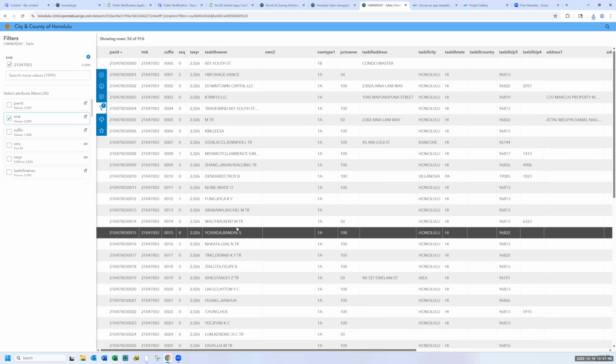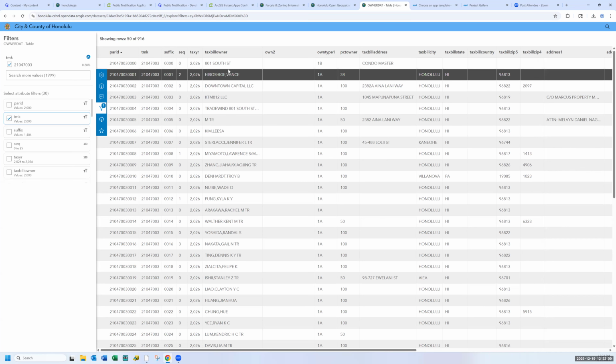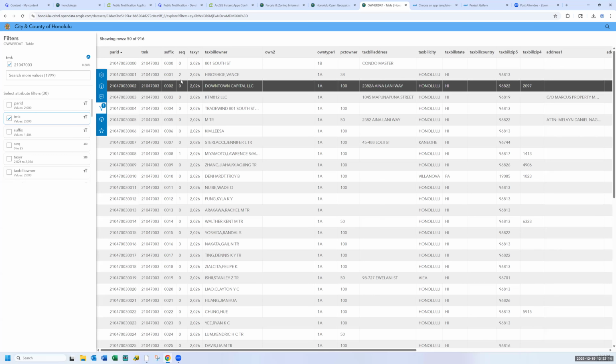This tax map key is where you would find 801 South Street, the apartment complex. The Department of Planning and Permitting only has one structure address for that building, just 801 South Street. But obviously there are a high number of people that live in the apartment structure, so you can find all of those on the property ownership table.